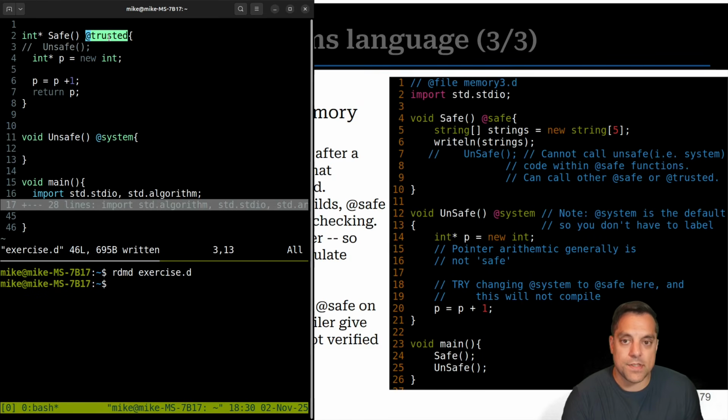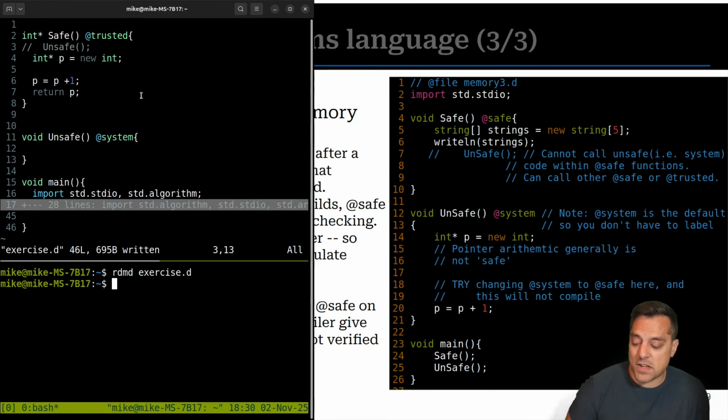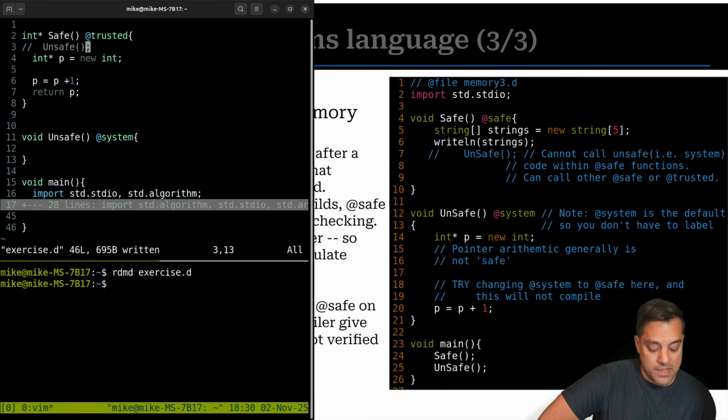Because somebody else has come in here through code review, professor, your TA, etc. Some other software engineer, and they say, okay, yeah, we think this works. Or if you get a bug in GDB, right, you look at your trusted or system functions and say, hey, something could have gone wrong there. So that's kind of one of D's answers to safety, to provide these annotations, right? This was something that was annotated in. Okay, so anyways, that's just something to keep in mind here.